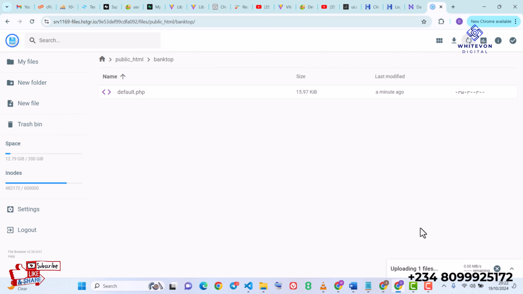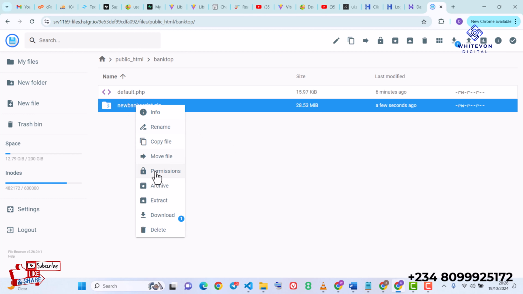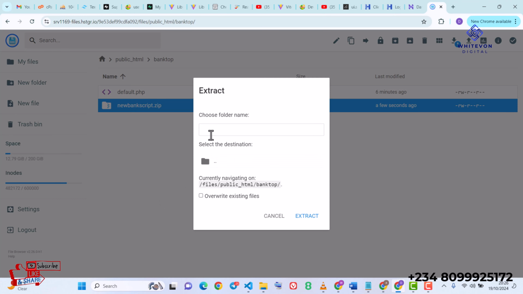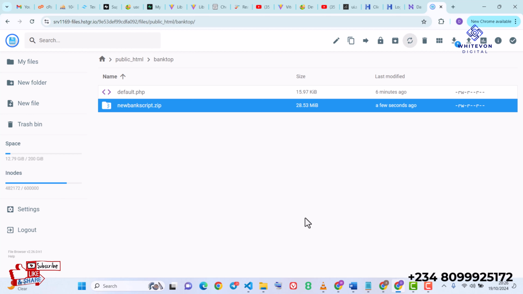So guys, I've successfully been able to select the bank script, and I'm just going to click on this to show you guys the progress, and then I'm just going to wait while it uploads. So guys, the script has successfully been uploaded. I'm just going to right click and then extract, and then put in a folder I want to extract the scripts to,